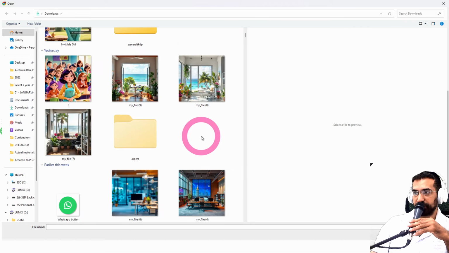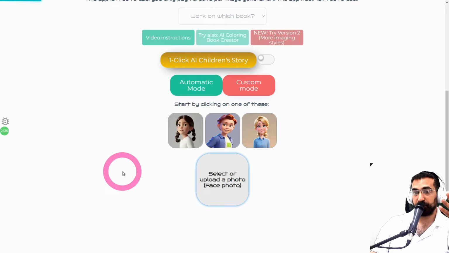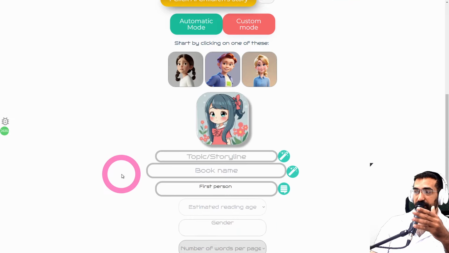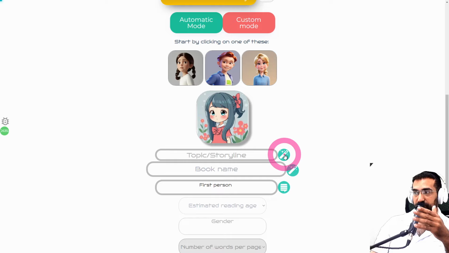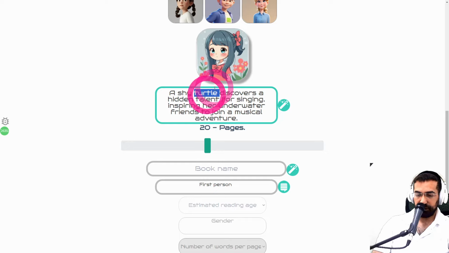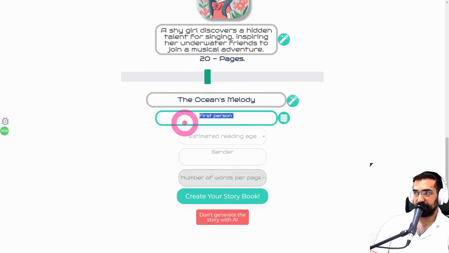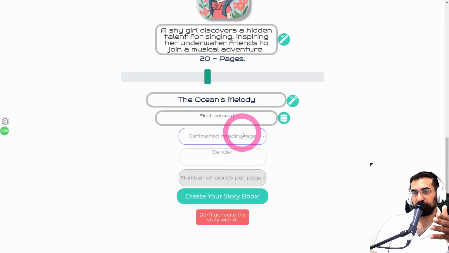let's just find a picture of any girl that I feel like, just for example, this picture, which I can make myself on an image generator, and then I can decide on a storyline, and let me change that to girl. And then a book name just by clicking the button here, and I can have the book written in first person or write my own writing style over here, and it will copy my writing style when it actually generates